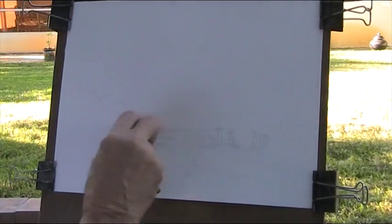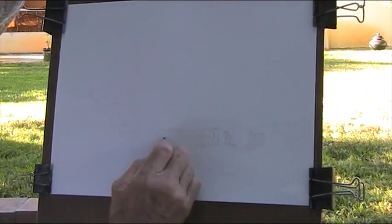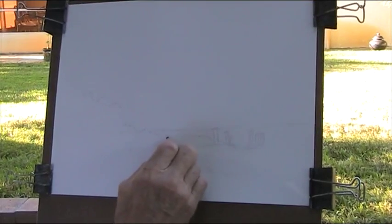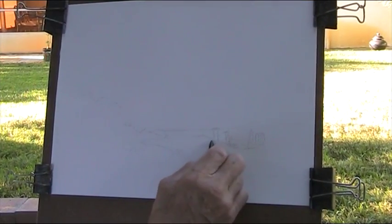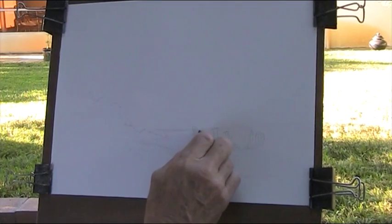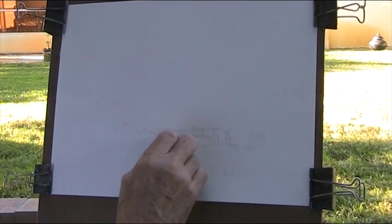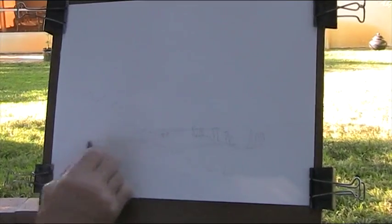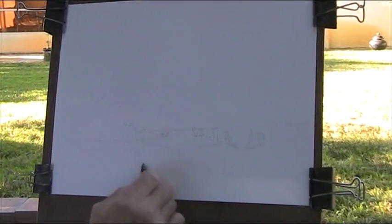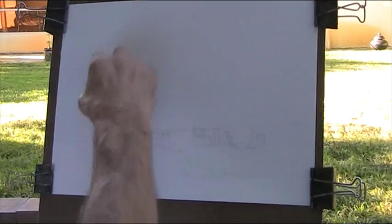Oh, that should have been lower down there, so let's get that coming up here underneath. That's lower than the horizon, that bit, so we'll just put in lots of grasses and one or two just coming up here and there. Oh, a little breeze is blowing up. There's just sand around here, and the edge of the sand with what's left of the pine tree roots and things growing in the sea. And we've got lots of